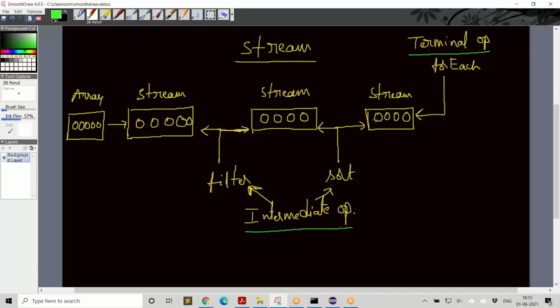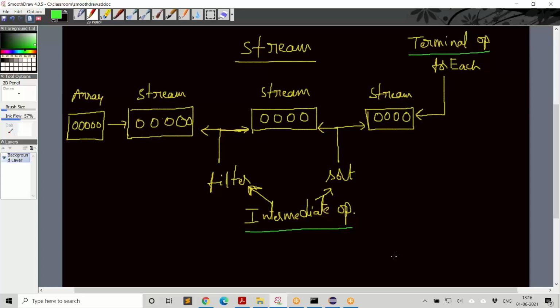In fact, Java is getting very aggressive regarding streams by providing you a lot of streams, because with the help of these intermediate operations, you can manipulate stream whichever way you like. As we will see some examples, you will understand how these intermediate operations work. So finally, you have to use one of the terminal operations. This is one of the terminal operations called forEach.